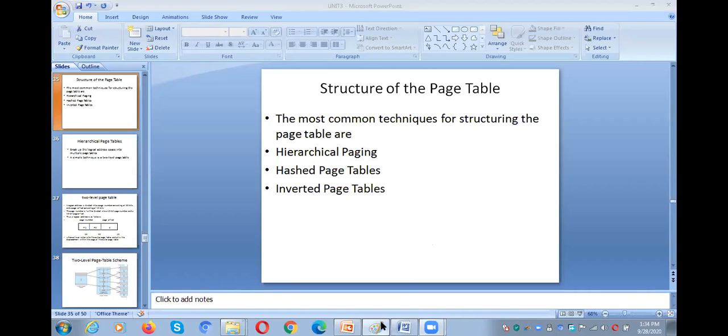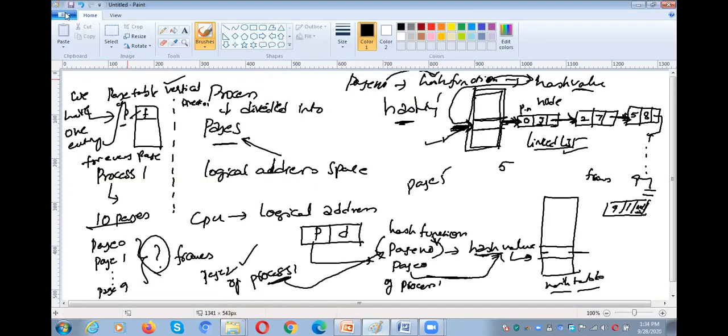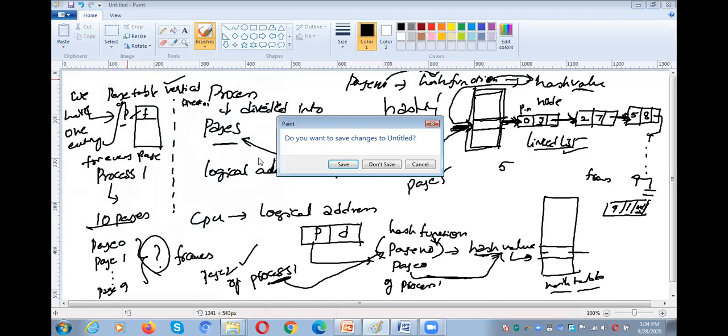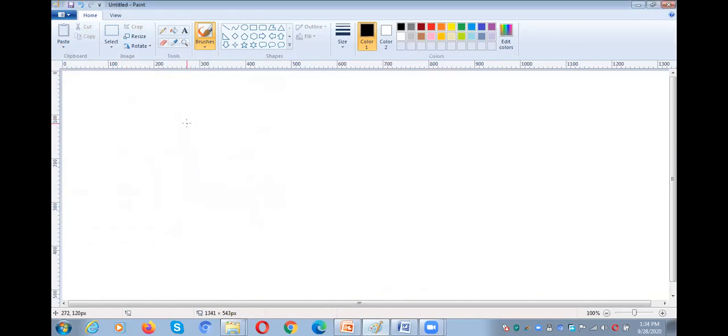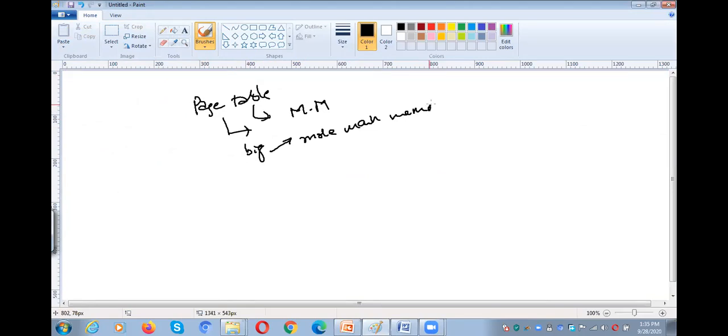That means if the page table is big, it requires more main memory. The page table needs to be kept in the main memory, right? So if the page table is big, we require more main memory. And one more thing you need to understand: the page table needs to be in a contiguous memory location.